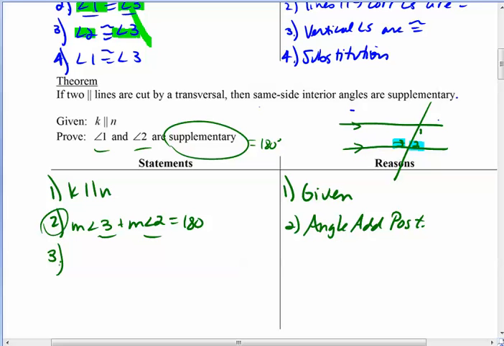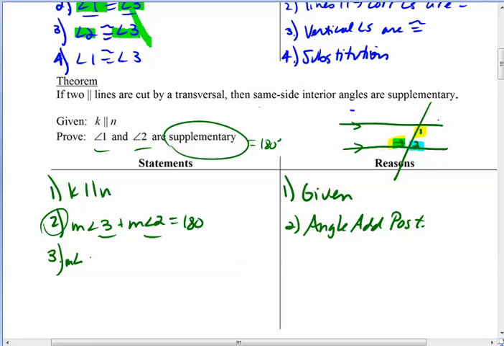All right, great. I've got 3 and 2 are supplementary, but I really need 1 and 2. I need to somehow get 2 in the mix here. Now, if you look at angle 1, I do know its relationship to angle 3 from the last proof. We just learned something about angle 1 and angle 3. They are alternate interior angles, and we learned that alternate interior angles